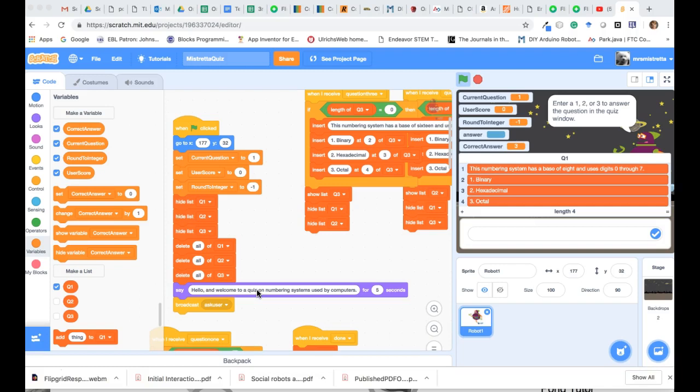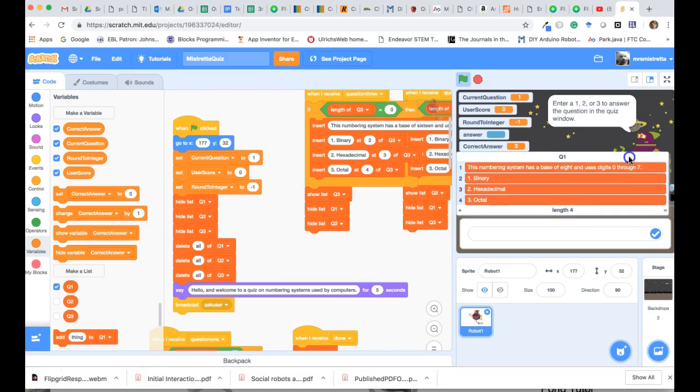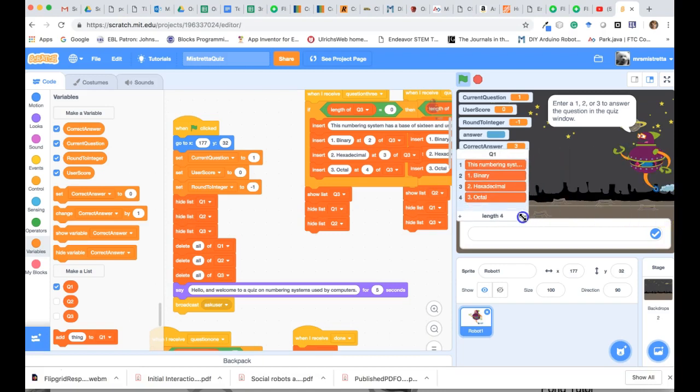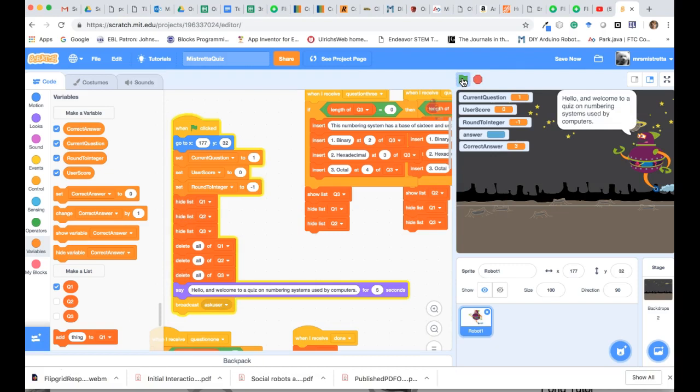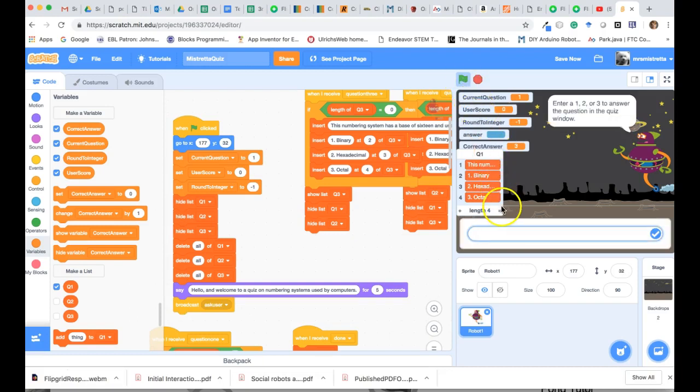So where I have this question here, this numbering system has a base of 8 and uses digits 0 through 7, it does not wrap when I execute the program. So if I left my window like this, I can pull it, is what I'm showing you, and I run it, as you're going to see, my sprite is saying, hello, read the contents of the quiz window. So the former version of Scratch allowed this first item in the list to wrap